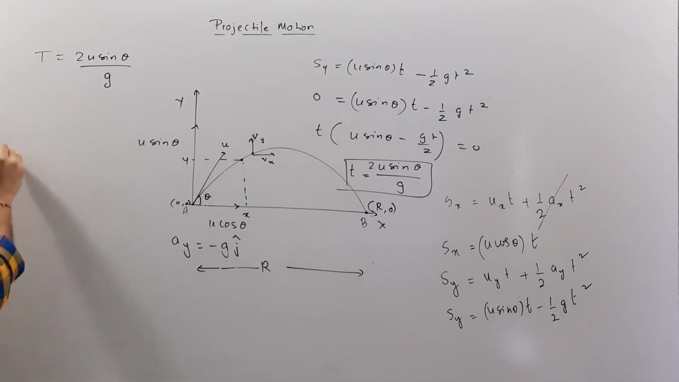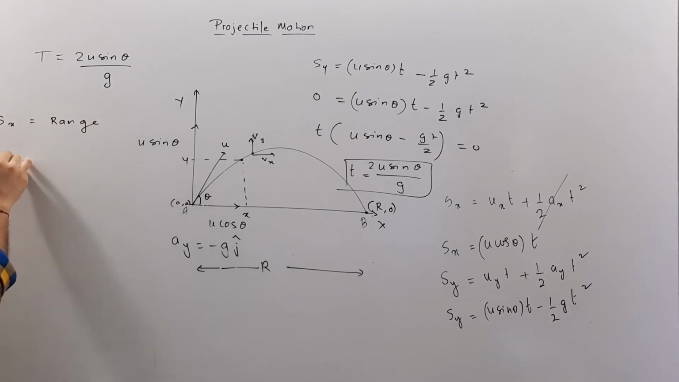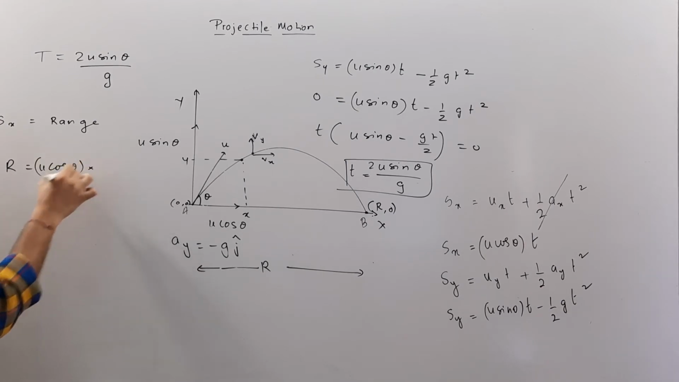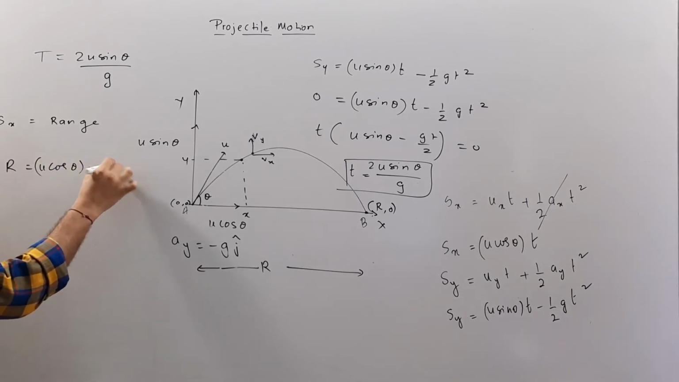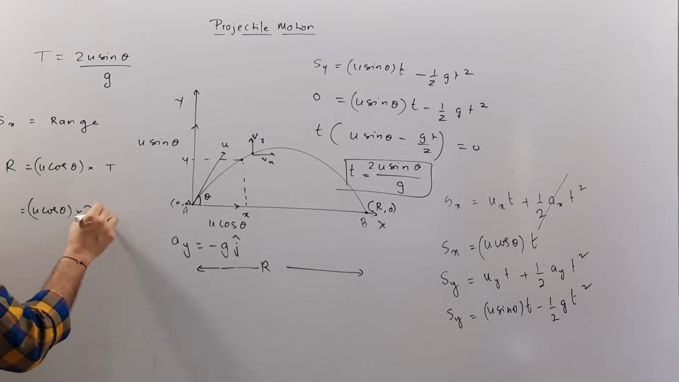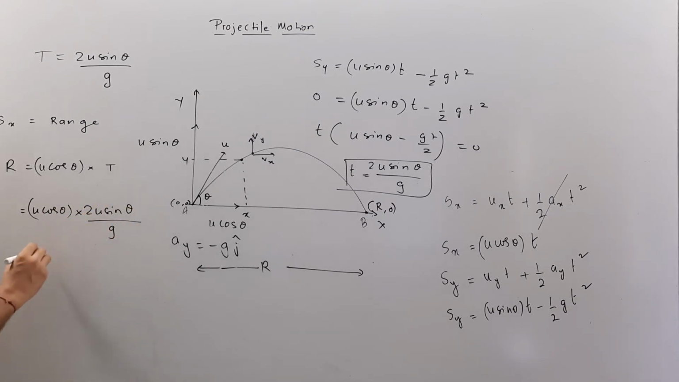So if I go by that equation, Sx is going to be the range. R is going to be u cos theta into time, where this time is nothing but the time of flight. So u cos theta into 2u sin theta by g. If you multiply this, then what we get is 2u square